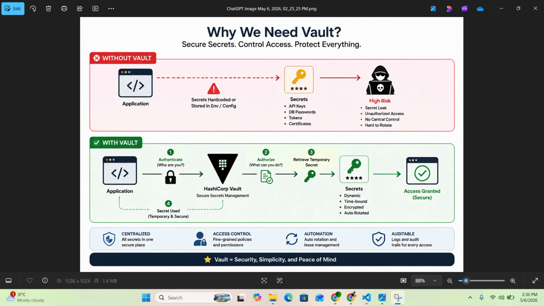So, what is Vault? Why exactly do we need to learn about Vault? There are multiple options without Vault as well, so we have different options to store our secrets. Vault is a tool that helps you securely store and manage secrets. Those secrets can be API keys, database passwords, tokens, and certificates. Basically anything which we can store